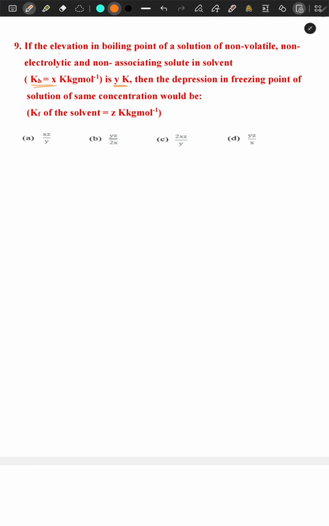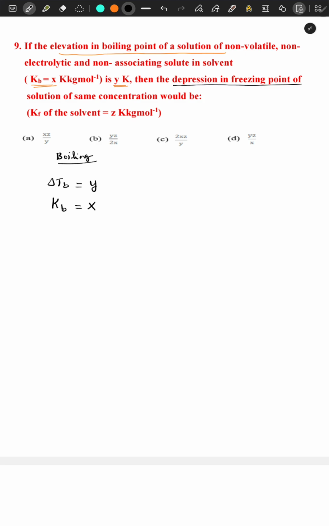Elevation in boiling point of solution means delta Tb. So delta Tb is given as Y Kelvin and also boiling point elevation constant Kb is given as X. So this is the thing given related to boiling point. Now you read